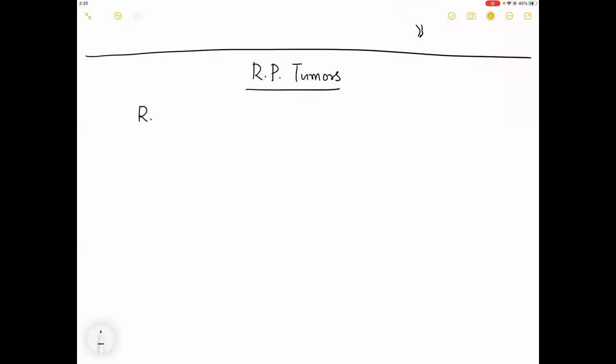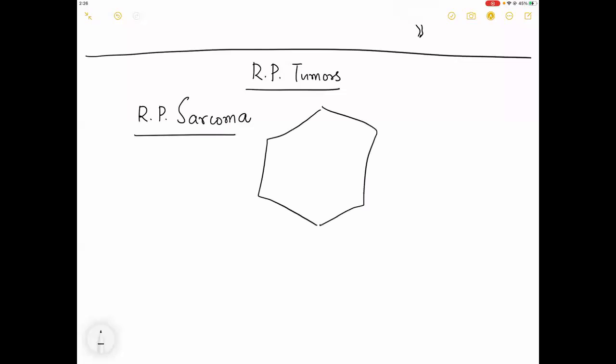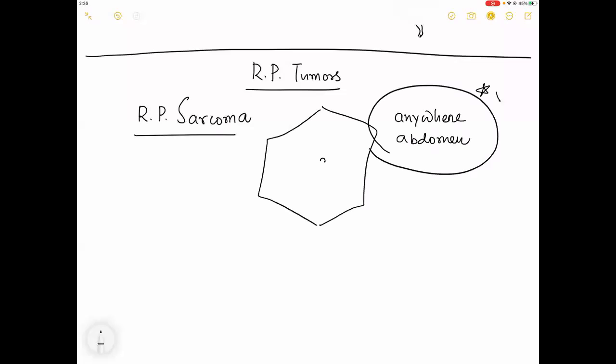The only thing that you are required to know is a retroperitoneal sarcoma. Now, what is this retroperitoneal sarcoma and what are the clinical features? Please remember that in any part of the abdomen, this is the first golden words to understand. Anywhere